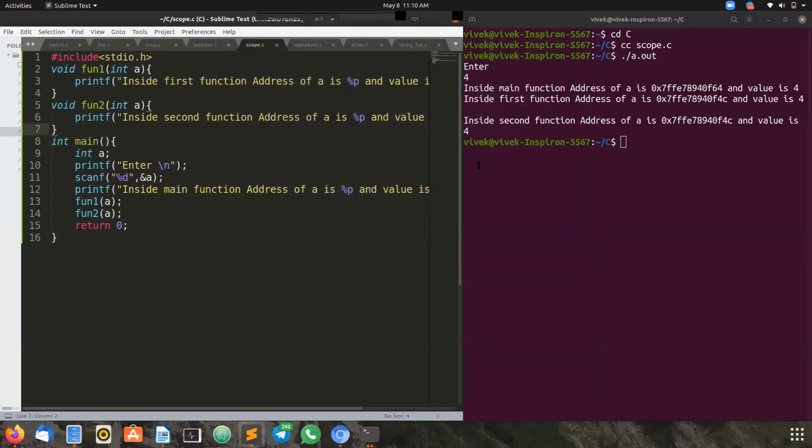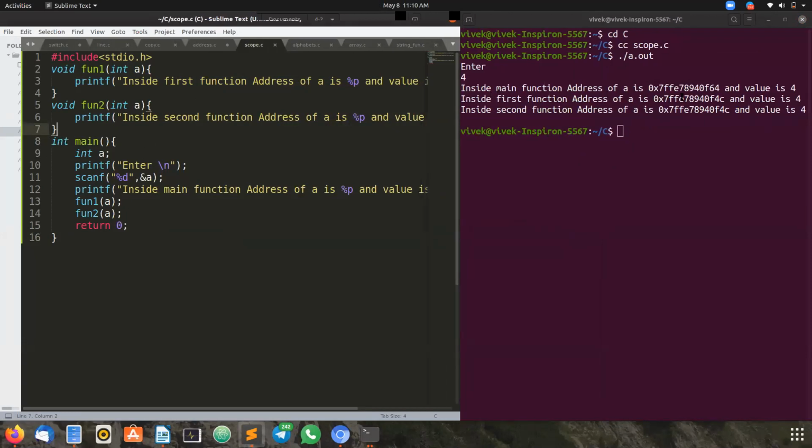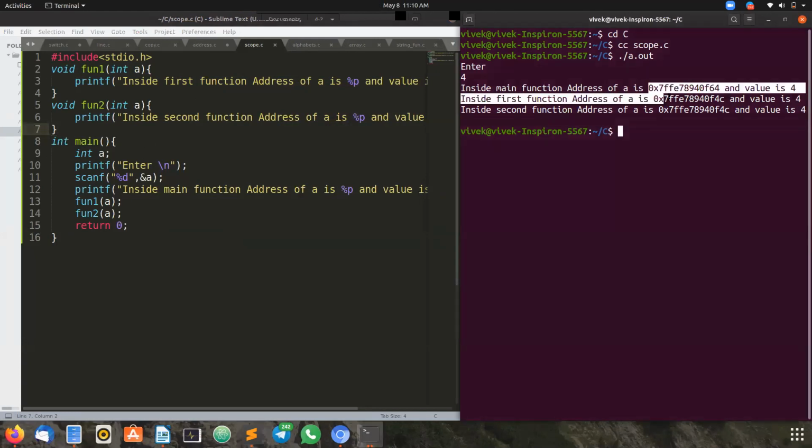Can you see the output screen? Yes. Yeah, observe the address. The value we have entered is 4. The same value is passed to all the functions.